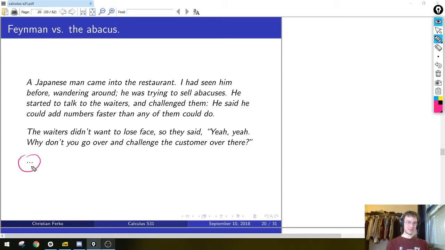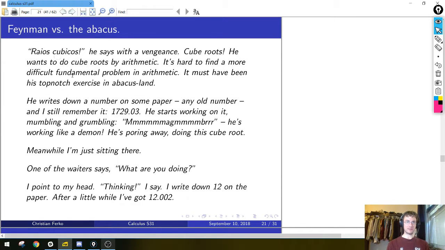So I'm skipping a couple paragraphs. After this happens, they describe first Feynman competes with the abacus guy, adding numbers, then multiplying numbers, and he's kind of holding his own, but not really, there's no clear winner. So they keep escalating it and trying to do more and more complicated math to see whether Feynman or the guy with the abacus would be clearly winning. So I skip that part and then pick it up here where they're in Brazil, so he's speaking Portuguese and